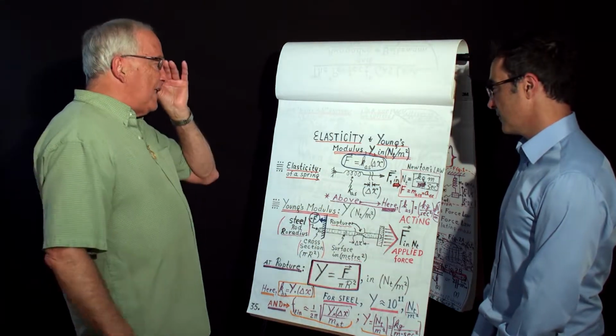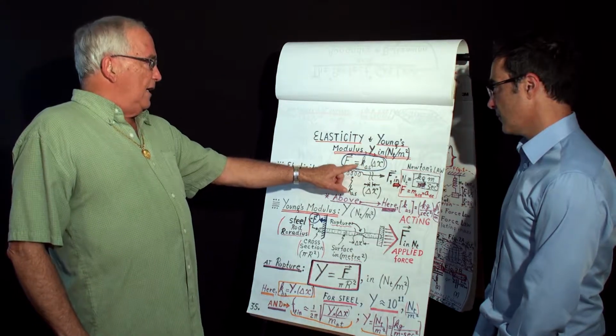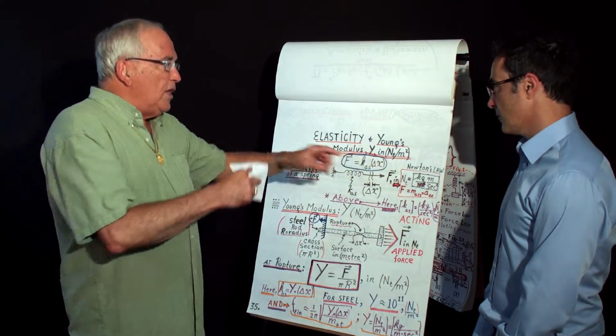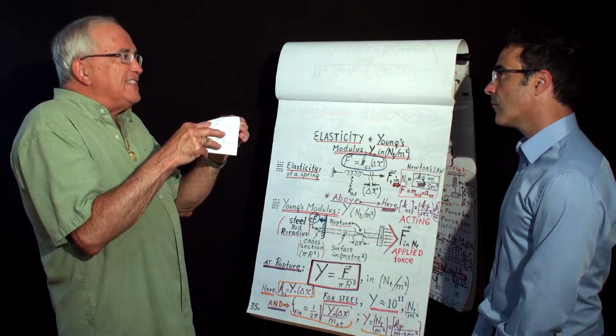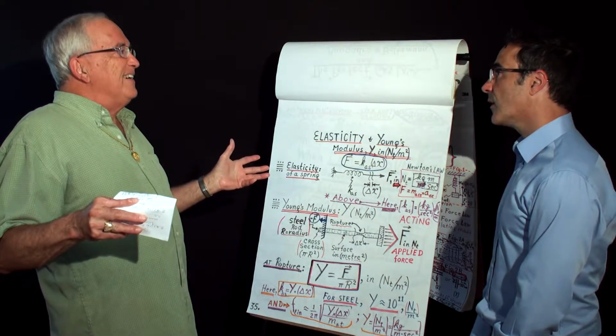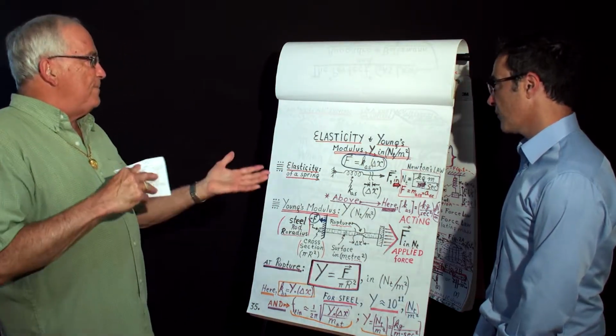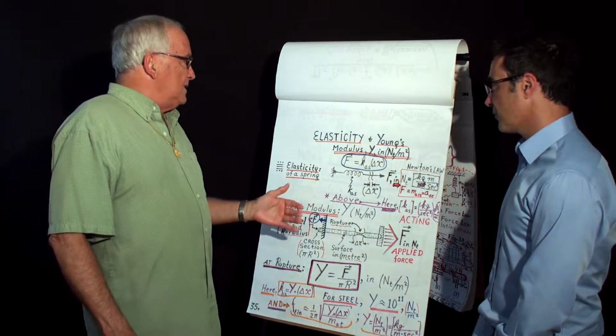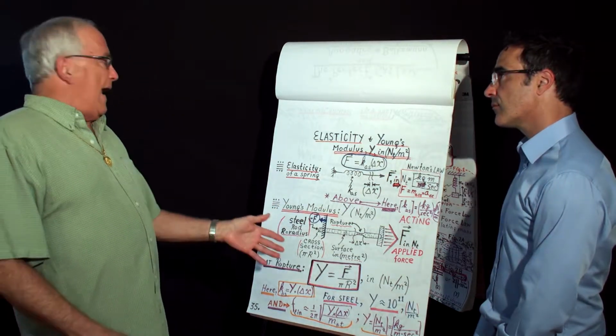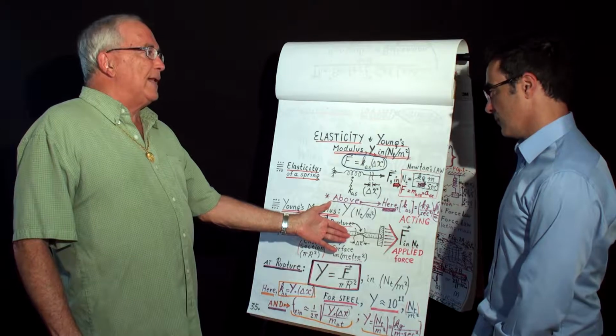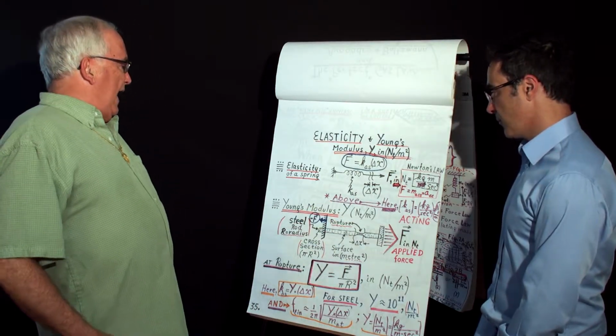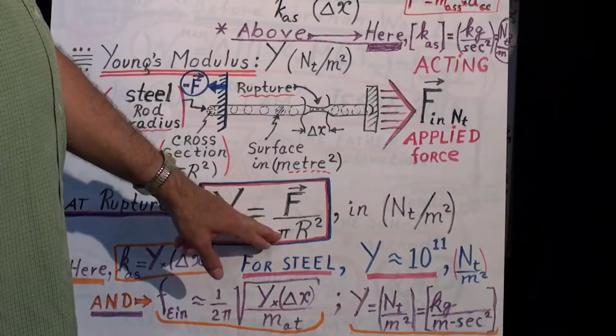It takes a certain force. If you elongate it to a certain distance, it will break apart. The same concept applies to an atom as it applies to a whole piece of metal like this. And when you divide the force by the surface,